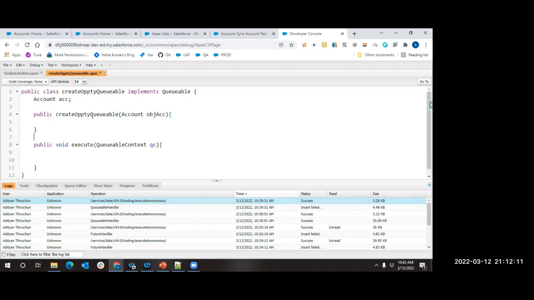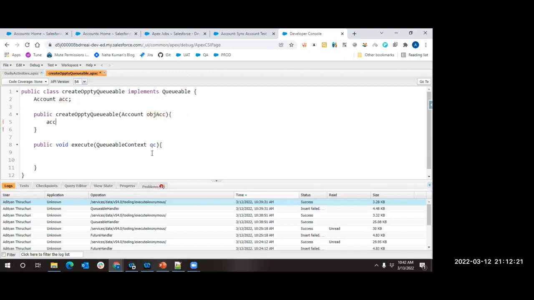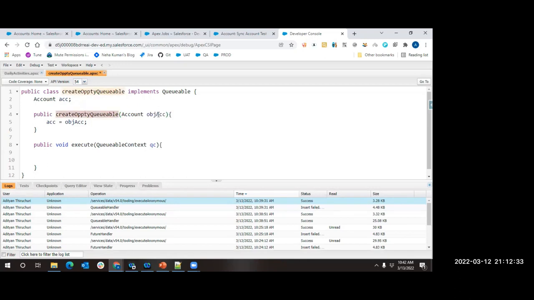Now observe carefully what I am trying to do here. I have a class level variable and I have one parameter here. With the parameter I am receiving, I am assigning the value to my class level variable. So I am receiving one parameter for this specific method. Constructor is also a special method. It is also a method. We cannot deny that. So into this constructor, whatever parameter I am receiving, I am assigning the value that this parameter is holding to my class level variable.